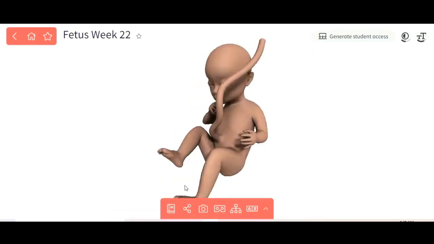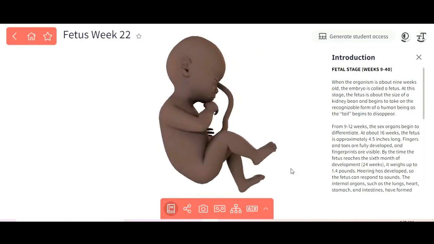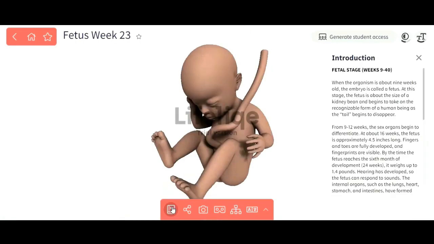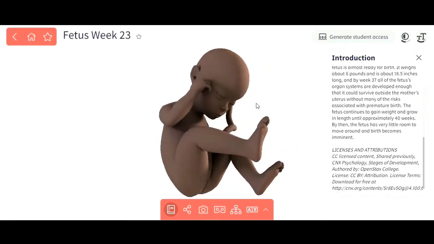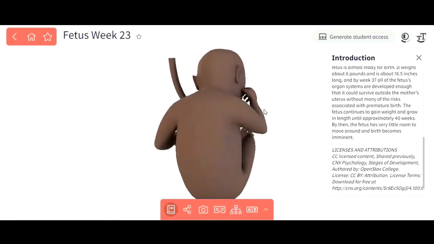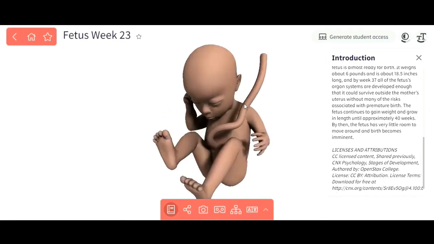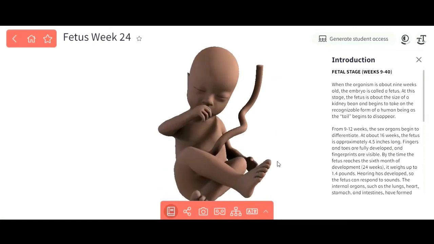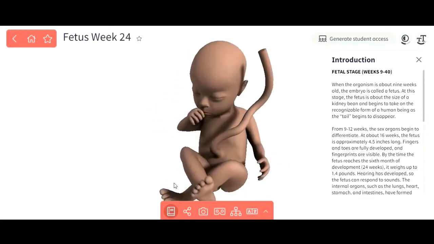Next we have fetus week 22, we can see the umbilical cord, and also fetus week 23, and also you can see that, yeah, the movement, the ear, the eyes, the nose, mouth, foot, hand. And also next fetus week 24, we can see the baby move, right? Yes, in fetus week 24